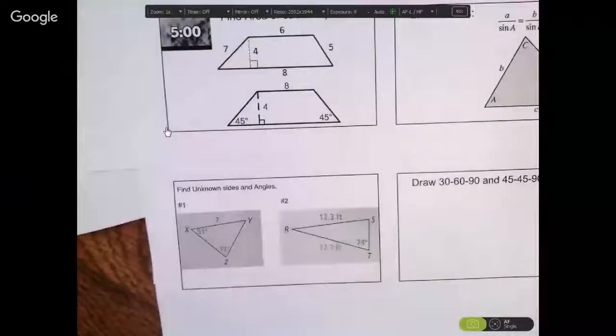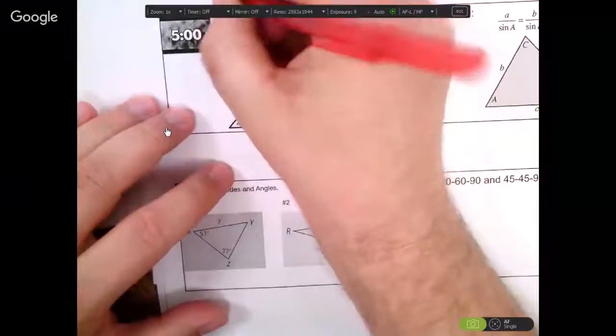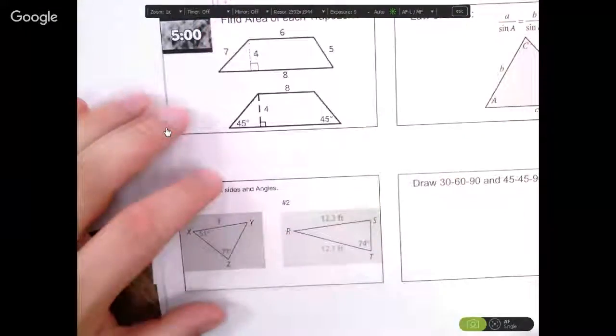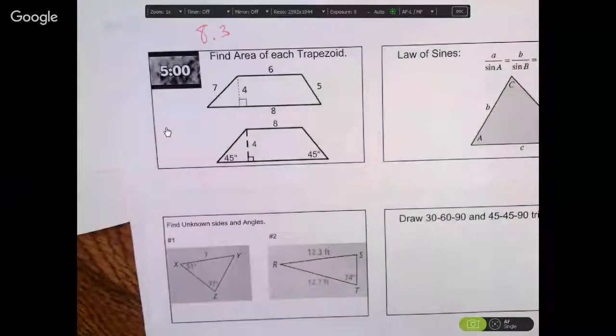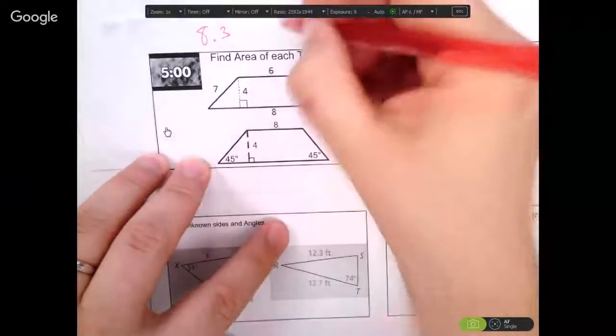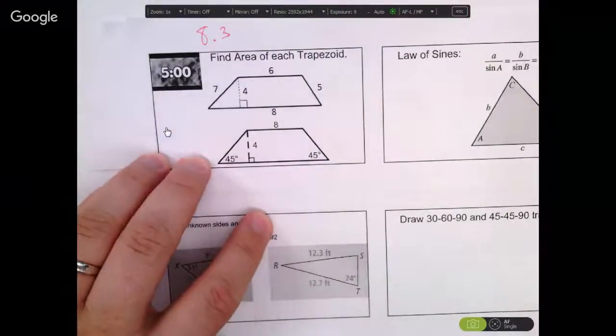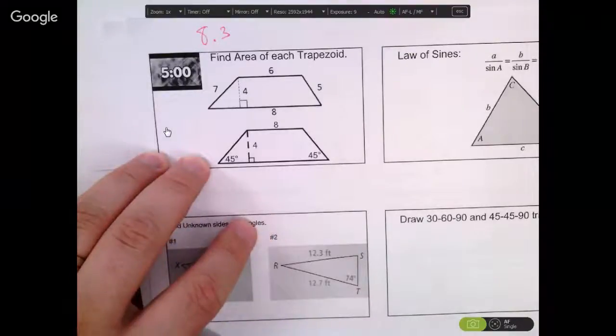This is 8-3. Law of sines. Have you noticed that I'm not the only one not finding how to do that? Yes. All right, so let's go ahead and put this on here just so we know. Okay, so on here, let's go ahead and write that